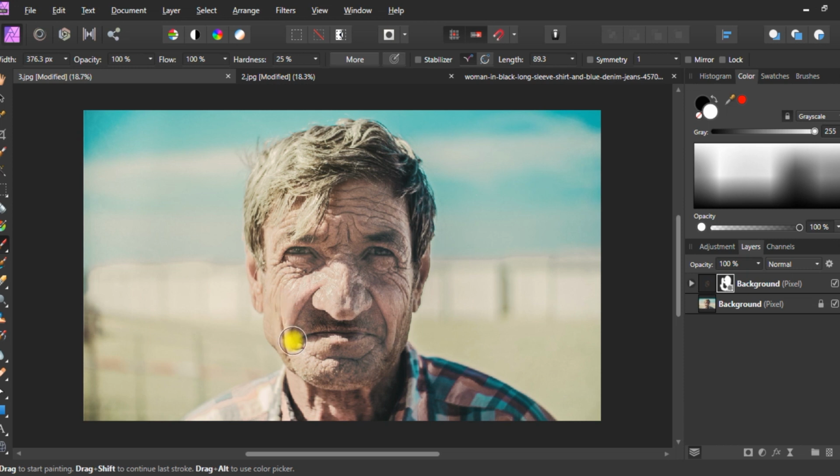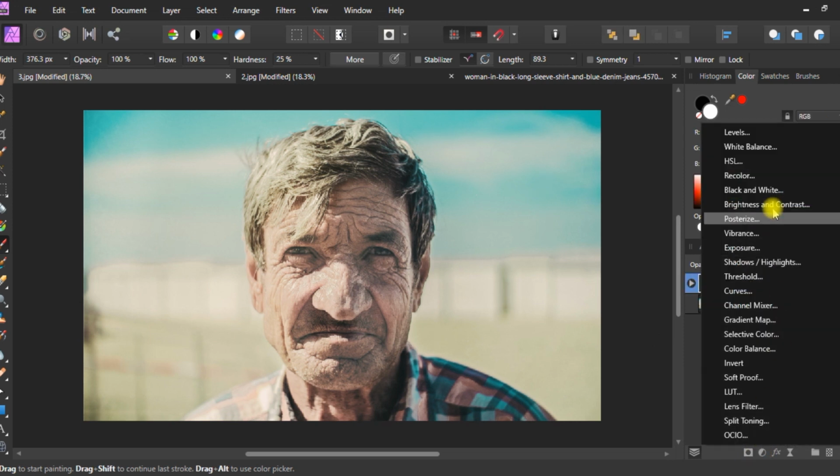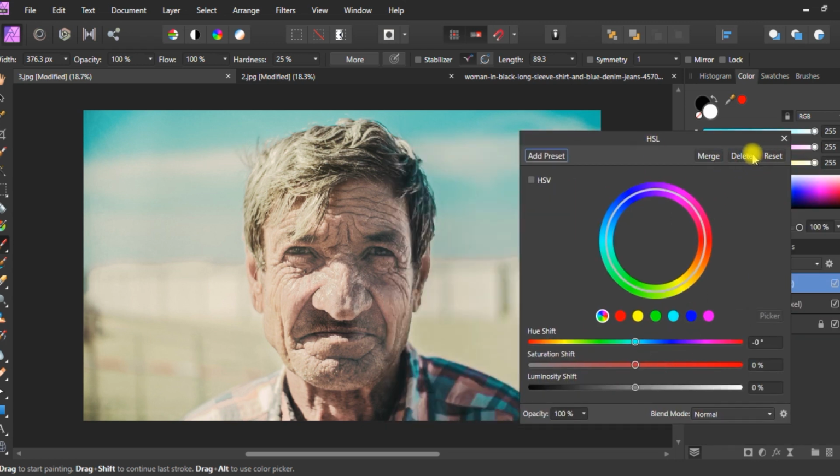And after this we are going to select the HSL filter to bring life to the background. Okay, so I think that's it. Now go here to the adjustment layer panel and select HSL. Let me show you the before and after. First let me change the saturation. When I change the saturation, you can see the difference in the background. The background looks very good compared to the previous one with the shadow fix. I think that's a fine level for the saturation.